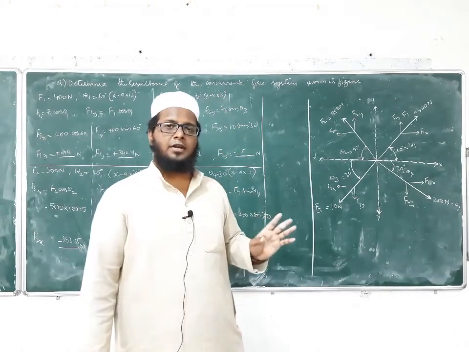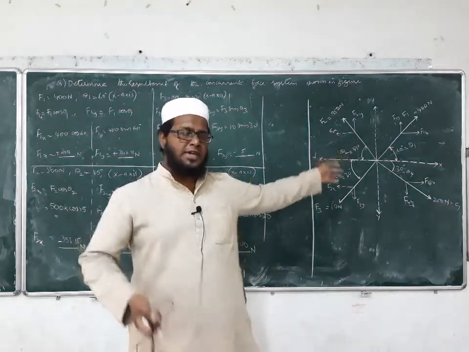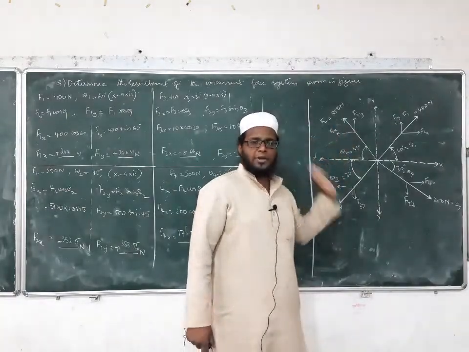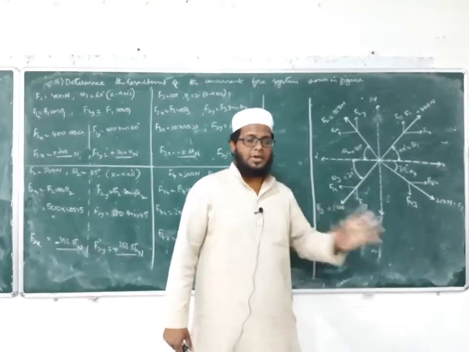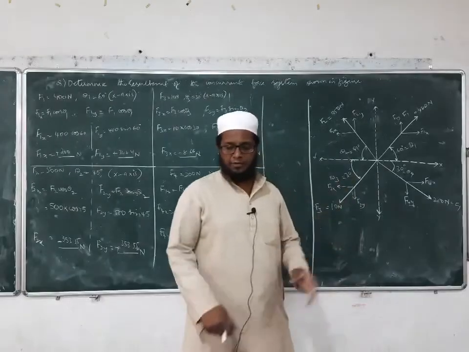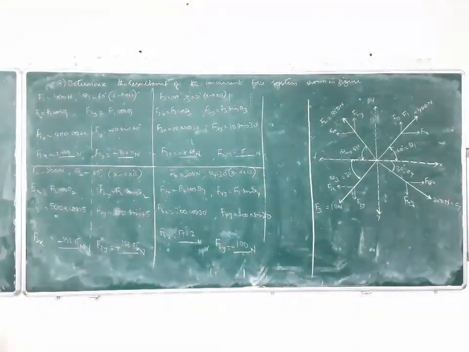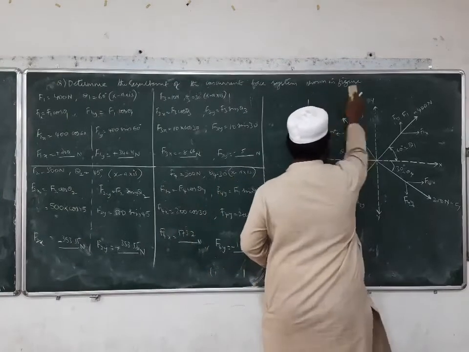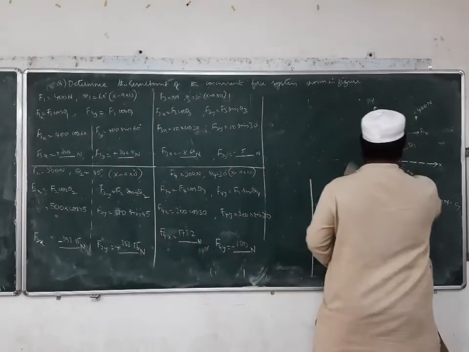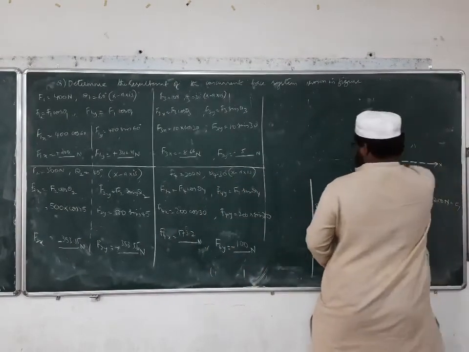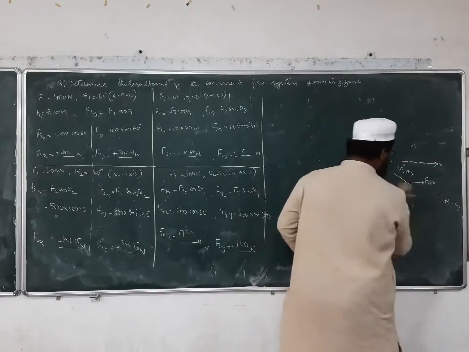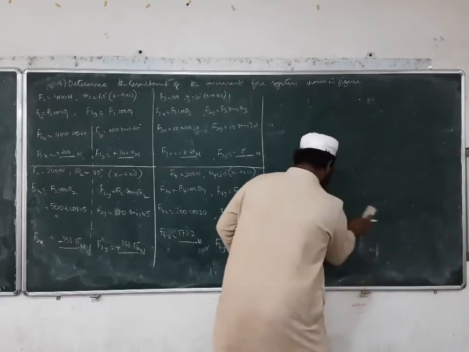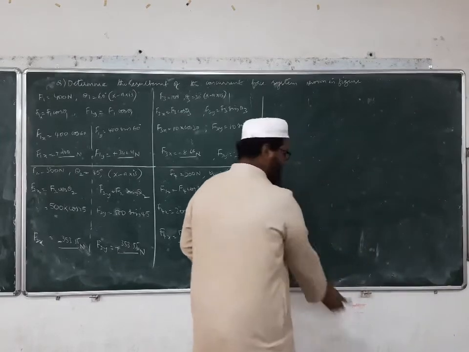Now I have to calculate the resultant. So many forces are acting on this one particle, isn't it? So what is the resultant? What is happening to the particle? That thing we have to calculate. So for that, what we will do? We will try to calculate our resultant. So how to calculate the resultant? You see here. With the help of components only we can calculate the resultant. When multiple forces are acting, we have to use components of forces only.